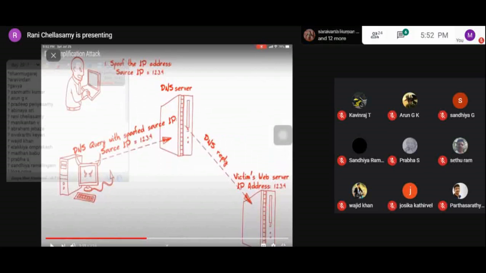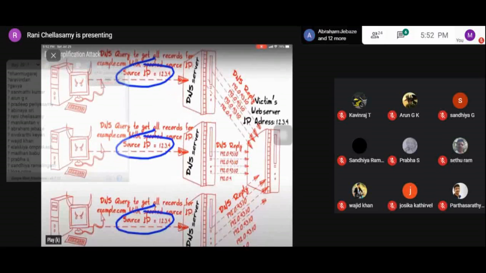The next task of the attacker is that the attacker finds an internet domain registered with many DNS records. Okay. So here you can see in this picture, the attackers are sending the spoofed IP address to the DNS server, and what does it do? It sends the DNS query to get all the records of the example.com domain.